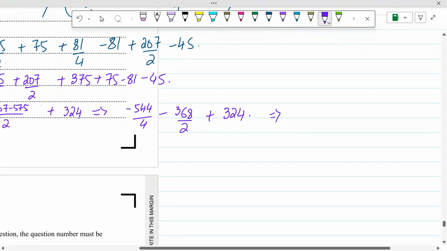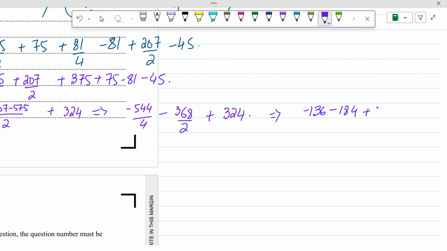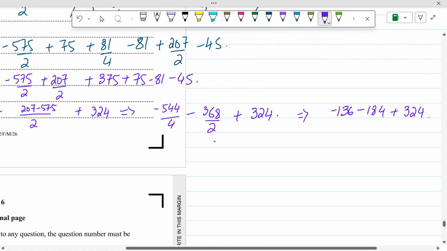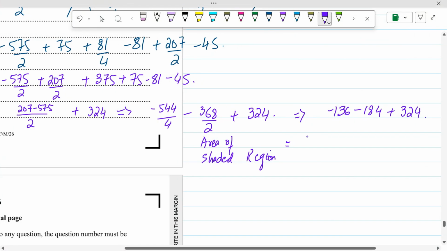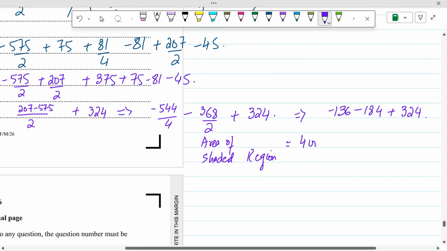Negative 544 over 4 is negative 136, and negative 368 over 2 is negative 184, and plus 324. So the area of the shaded region is equal to 4 unit square,